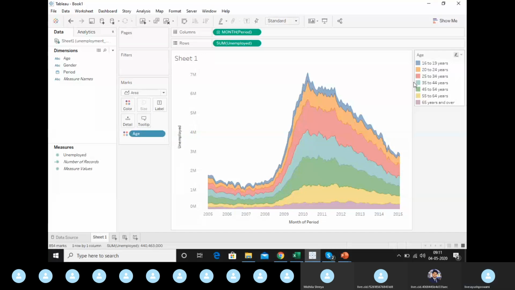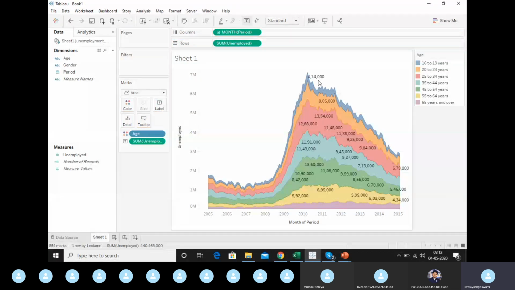And the information for that region will come up. But sometimes if you want to make it more detailed, you can click on unemployed and drag it to label. We have discussed already that label shows us the information. So for each area, it is telling the unemployment rate here. It seems kind of messy, so I'm removing this label from here. I'll just drag it and drop it in an open area.